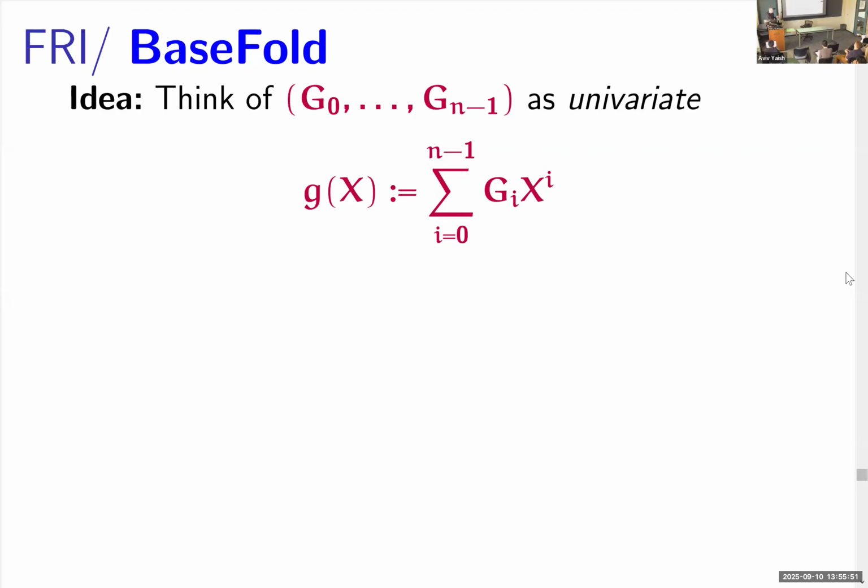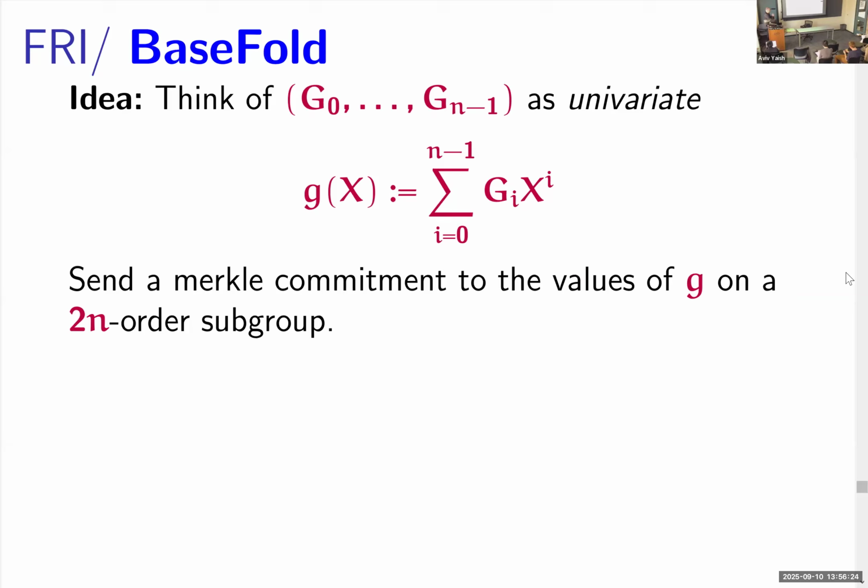Okay, so I'm going to give you a little feel of how some combination of FRI and basefold works, because basefold is very much based on something called the FRI protocol. Now let's think of our vector of generators, which we thought of as a multilinear, for a second as a univariate. And the first thing we're going to do is send a Merkle tree commitment to